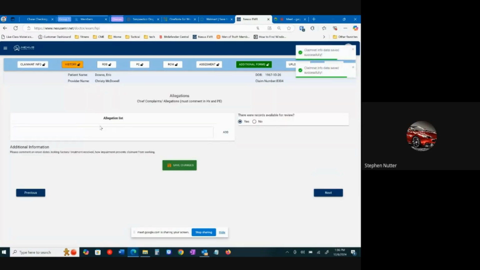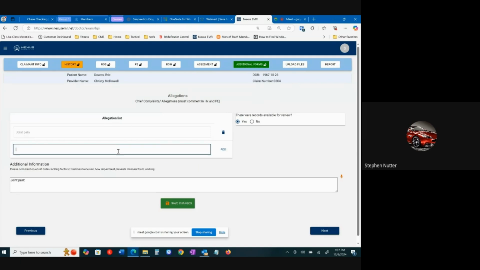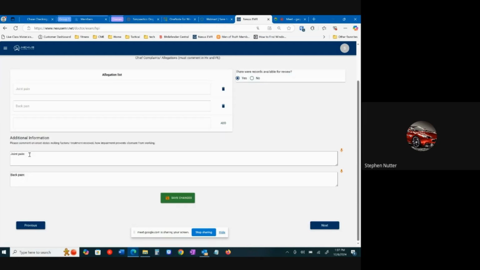Okay, so here's where you have your allegation list. So we'll just say this person has joint pain. Add that to the list. Back pain. Add that to the list. And each time you add one, what happens down here is it'll pop up with another box where you can begin giving the history. You have two options. Obviously, you can type the info here, or if you click this little microphone button, it'll allow you to start